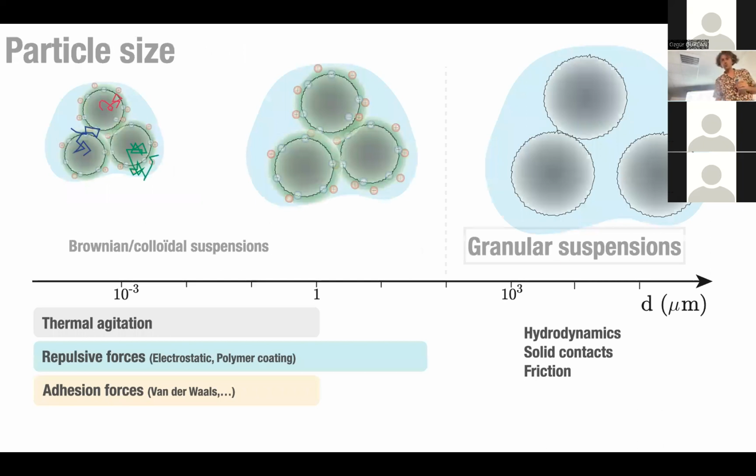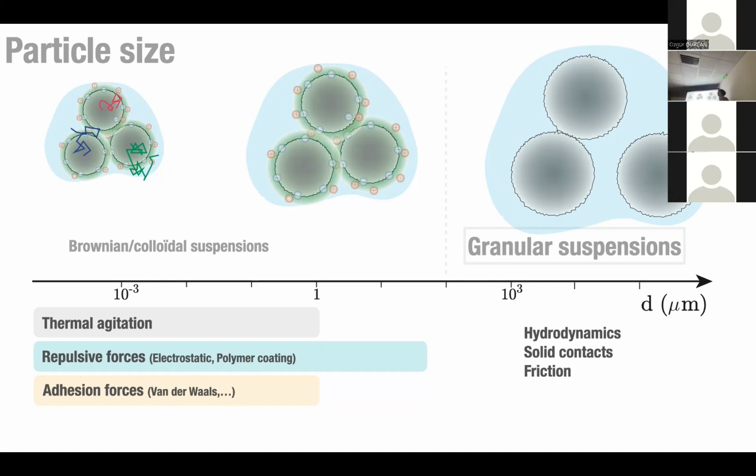All right, so first I plot here the particle size range, which covers a big spectrum, and so I can define more precisely what I call granular suspension. It will be the simplest case of large grains, typically larger than 100 microns, so that these grains only interact through the fluid, through hydrodynamic interactions and contact. If you go this way,